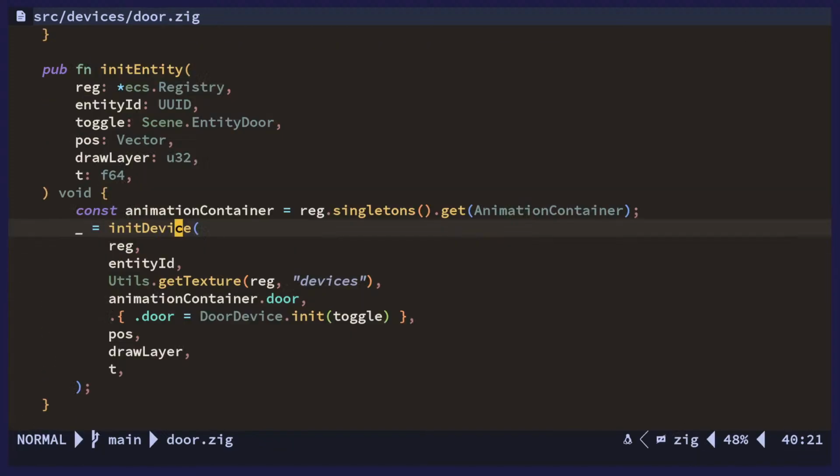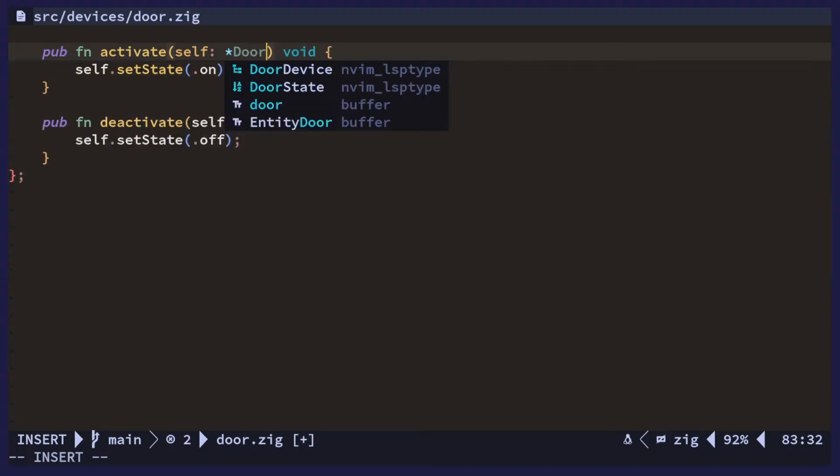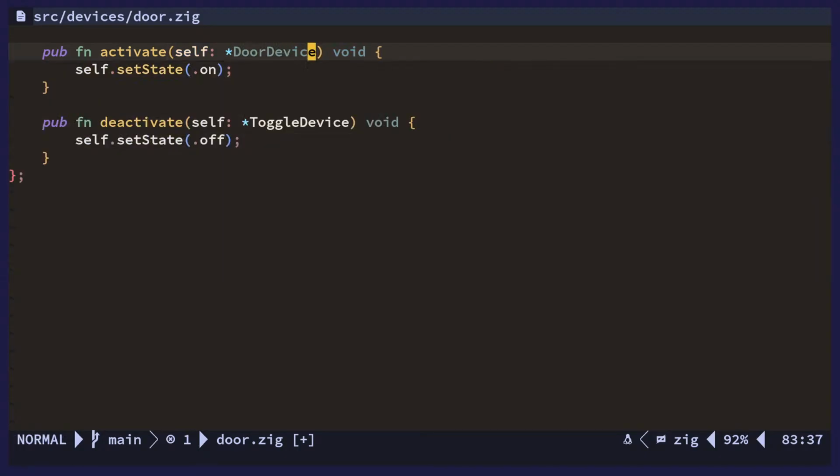Then we need it for door. So activate, we should set the state